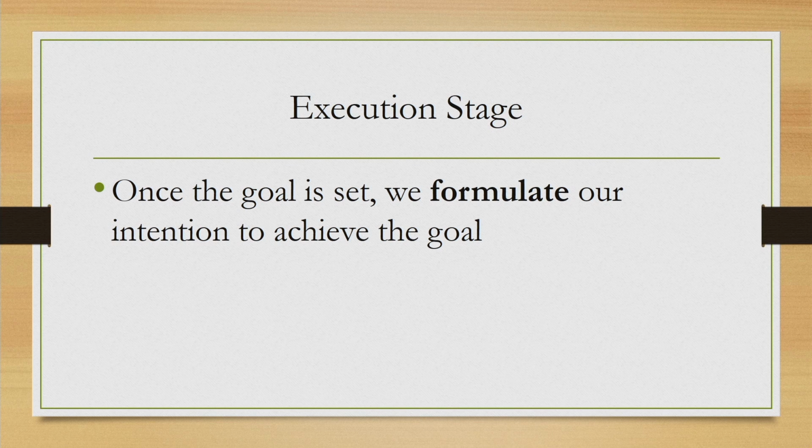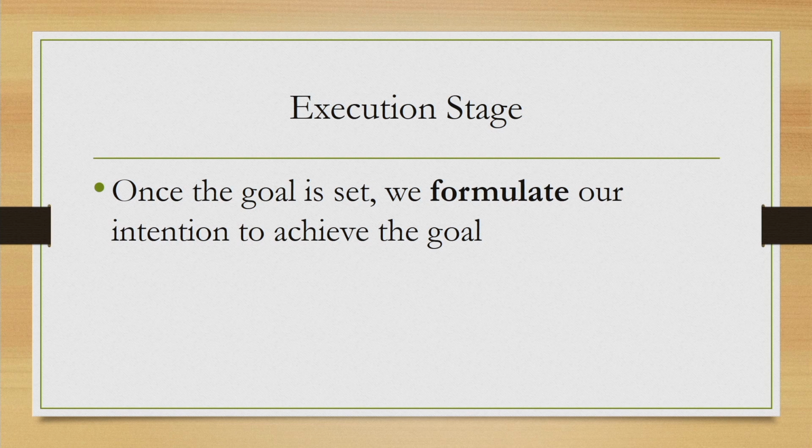Now, once the goal is set, we formulate our intention to achieve the goal. So, this is the next stage. Mentally we do certain things, that is called formulation of our intention, that okay, in order to select the button I have to first do this, and after that this. That is a mental thing. One way to understand is that to select a button, you may have to mentally decide to identify the button, then do something to select it. That is our intention.